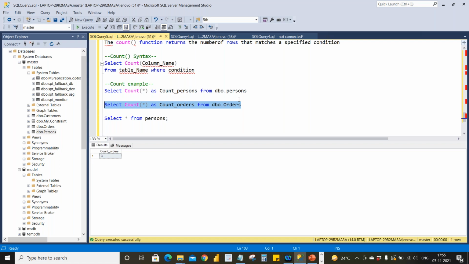This is very simple as you are seeing here, but practically, suppose in the persons table I have like 100 million rows. If you run select star from persons, it will not execute this fast. It may take 10 minutes, or 20 minutes, or 30 minutes, depending upon the data you have in that particular table. At that time, if you want to know the count from that table, you can simply give select count of star from this table, and you can get the total count.